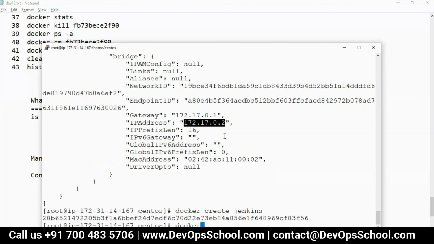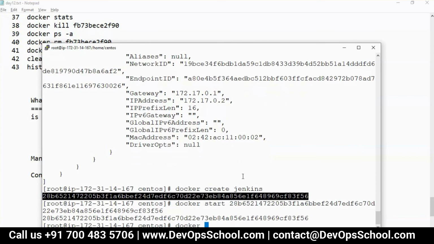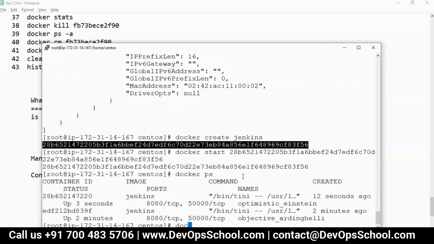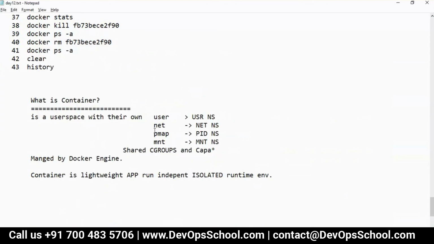Docker start that container. Docker PS. Docker inspect. And this is the container. See the IP. Last time 2, this time 3. That proves that each container gets one network.